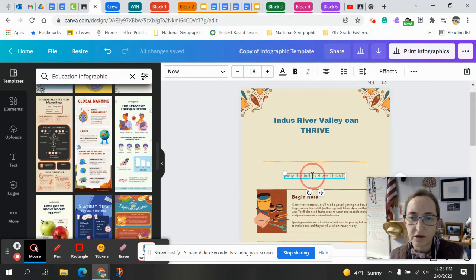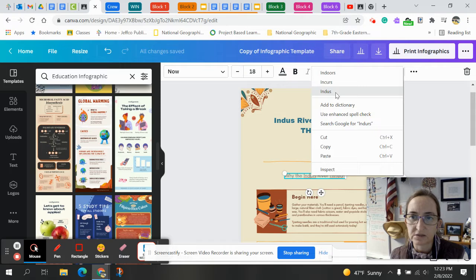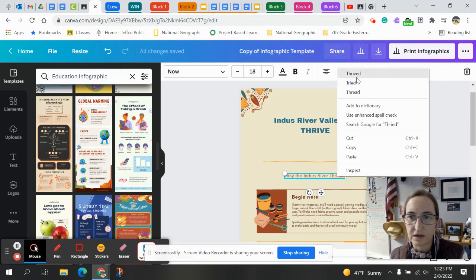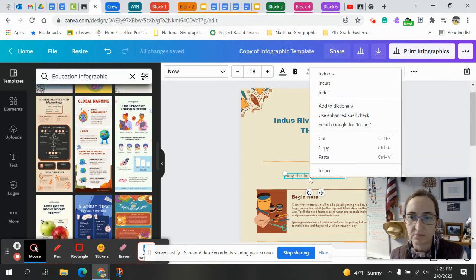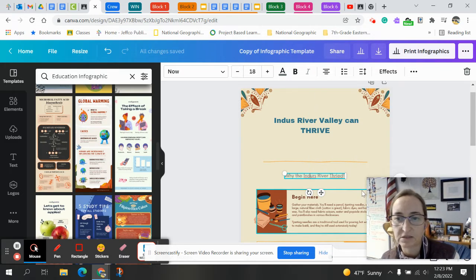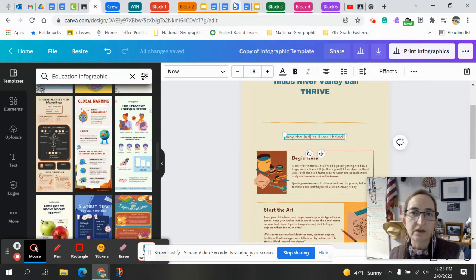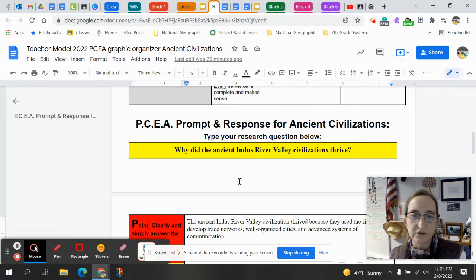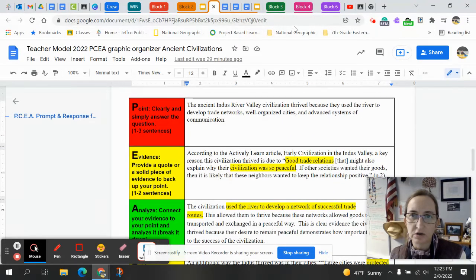Okay, again, spelling errors. I need to take care of those because those are part of the rubric. I have to be precise. Well, spelling is not working. So Grammarly doesn't want to work, but that's okay. You guys can fix it later. All right, so if I come back to my document, the first thing I talked about here is good trade